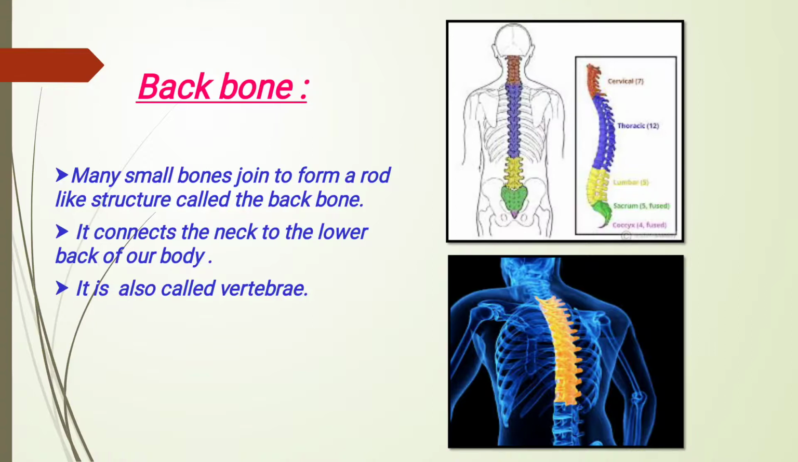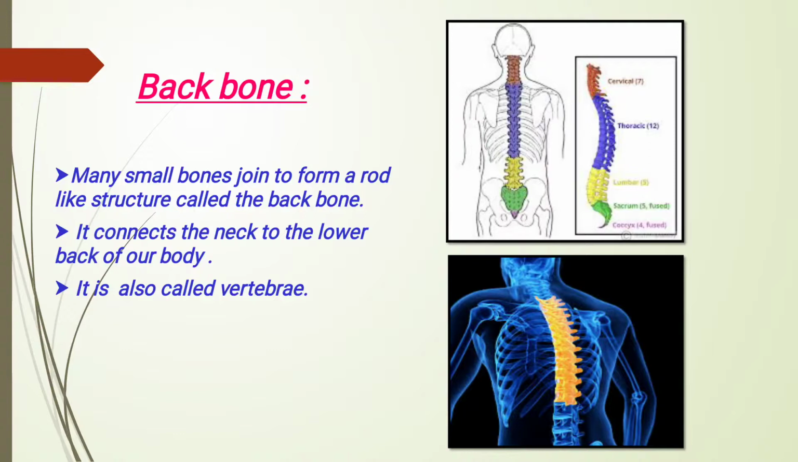Backbone. Many small bones join to form a rod-like structure called the backbone. We know a rod is like a stick or anything which is straight. It connects the neck to the lower back of our body, from the neck till the end, it is connected